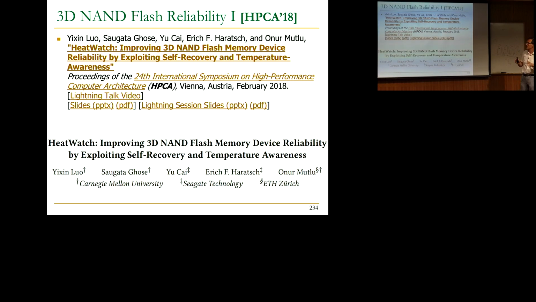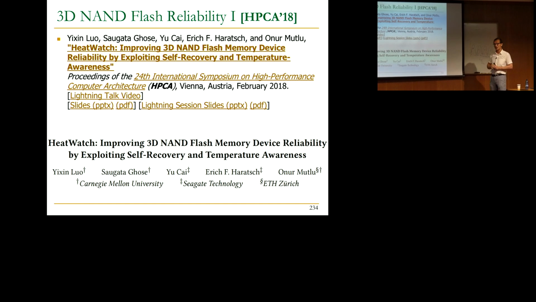But I think the real interesting thing right now in flash memory is, as I said, flash memory was not scaling very well because the size was reducing and you were getting a lot of error effects. But manufacturers figured out how to 3D stack flash cells. As a result, now they have layers of flash cells. And that enabled them to increase the size of the flash cell. They were at 1x nanometers, let's say 15 nanometers or so, with planar flash. When they moved to 3D flash, they increased the cell size to 40, 45 nanometers. Now these cells are much bigger, and the way they gain capacity is by going vertical.